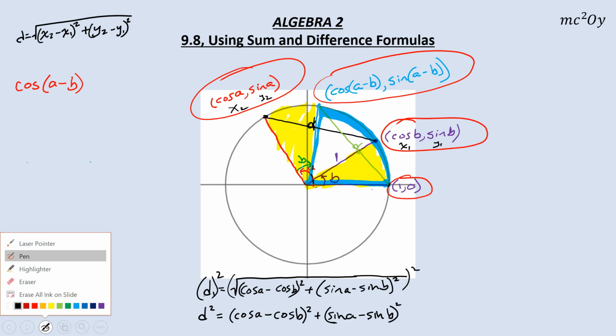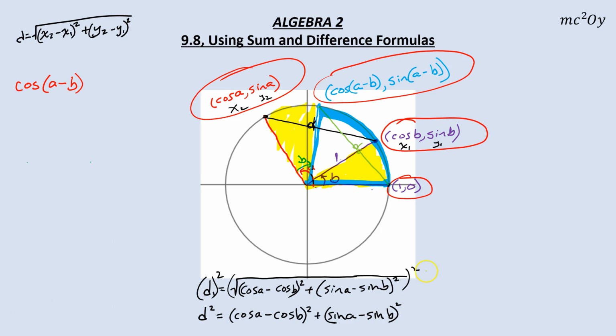And then the second distance, let me go ahead and put that on there. I would know that my second distance, I'll just write it right over here. So D2 is equal to the square root of, we'll call this x2 and y2 and x1 and y1. So we'd have cos of A minus B quantity squared, and that's going to be minus 1 quantity squared